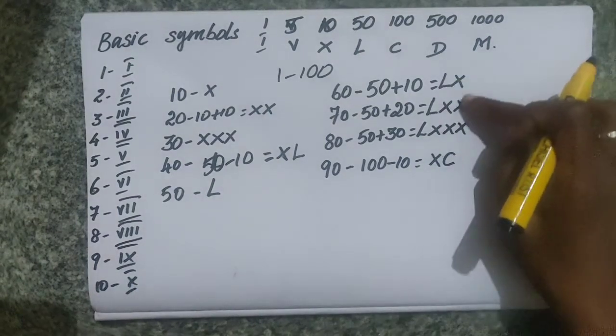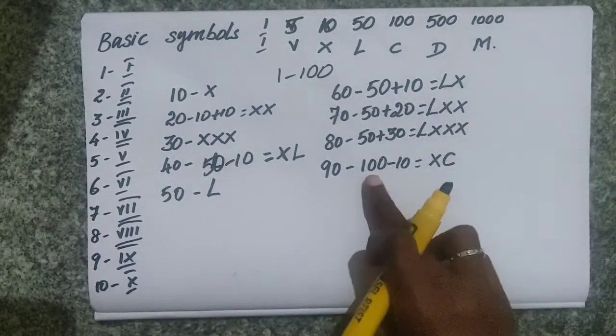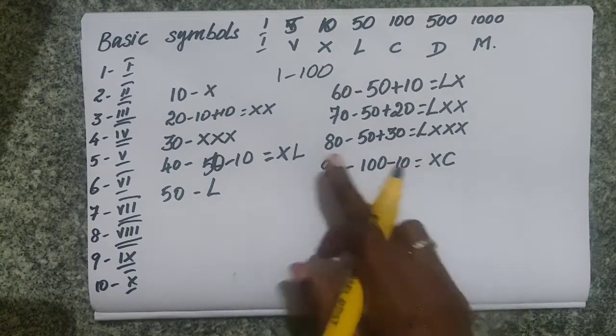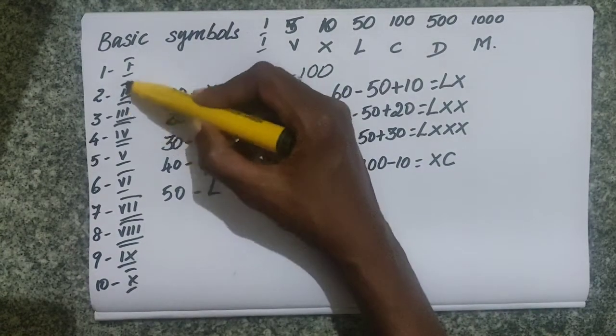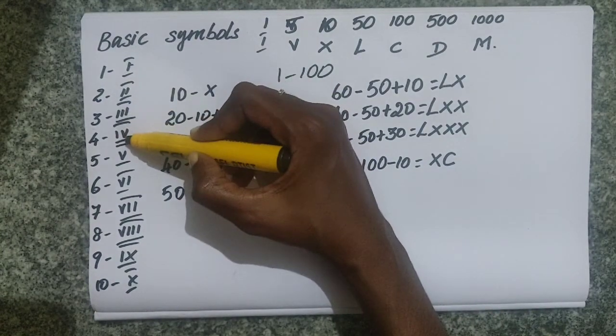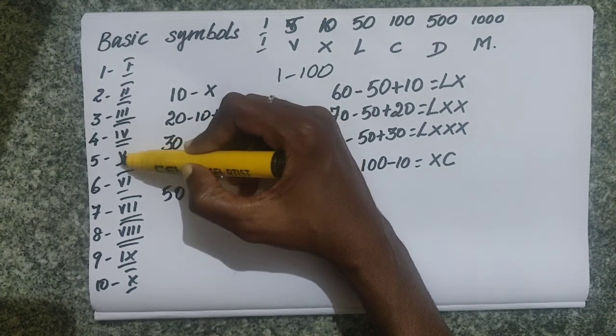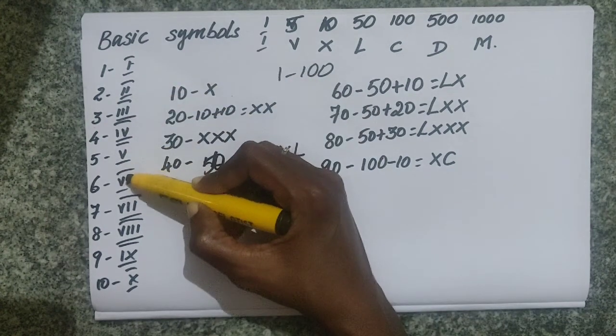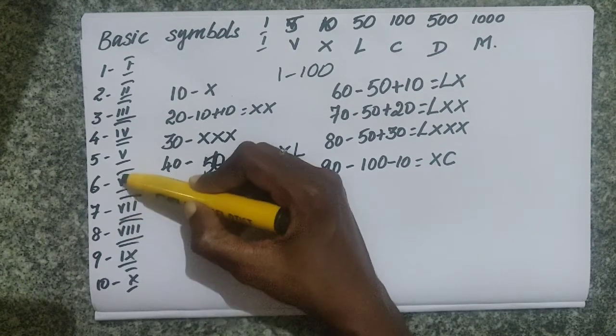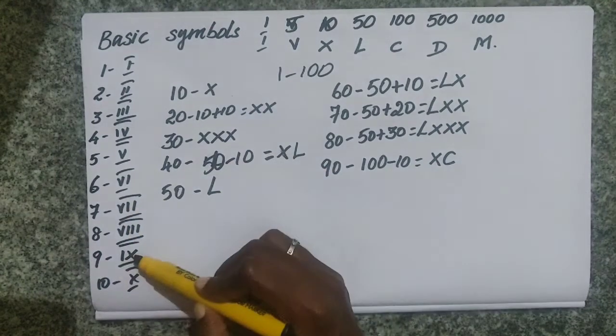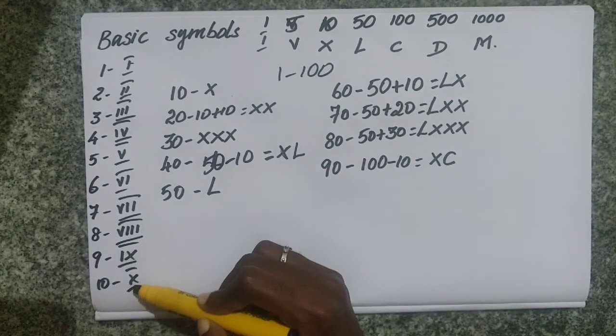Only 3 times it comes in addition. After 3 times it will come for subtraction. Always remember, here also you see 3 times it is addition, then after that it is minus. Okay, then this numeral we have already. Again after that, 3 times it is addition, then 1 time subtract.